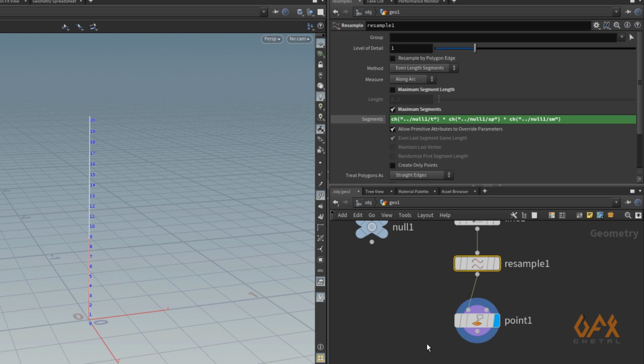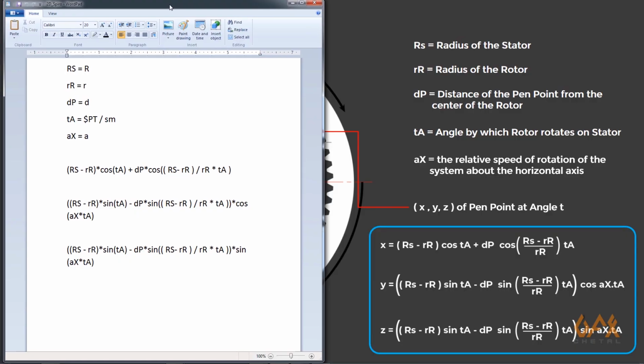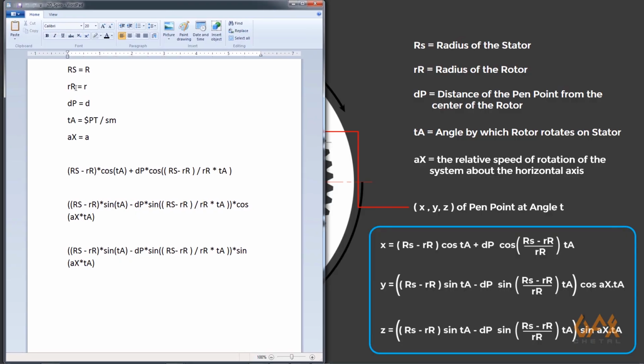functions very easily. So see, what am I going to do? I just create one WordPad file. Over here I apply this function in proper manner: I just define rs minus rr into, see here I am not applying that symbol, and here cos, that is the basic function to call cos in your Houdini expression, and ta, and all the brackets I set. This is a very easy thing.